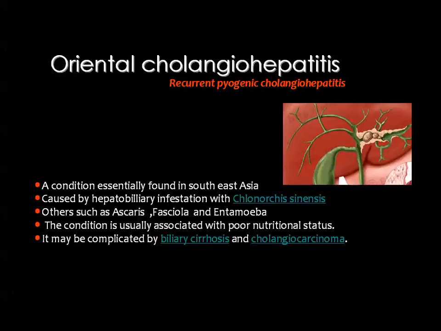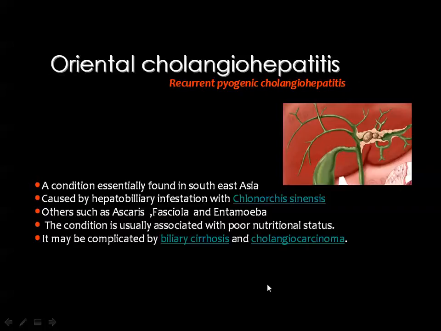Then we came to the issue of inflammatory cholangitis. And you know that cholangitis may present in clinical practice by two major items. Number one is pyogenic or oriental cholangitis, and the second one is the sclerosing type of cholangitis. According to the literature, the pyogenic cholangitis is essentially found in Southeast Asia and is caused by this